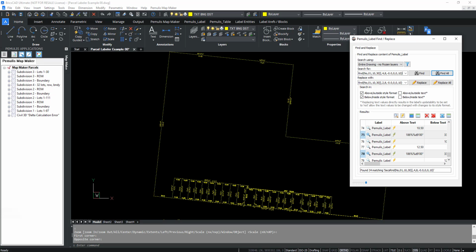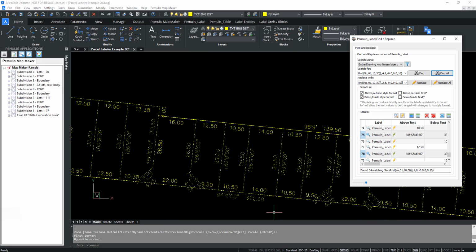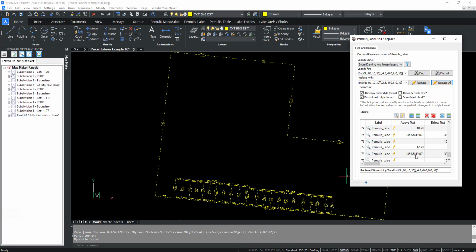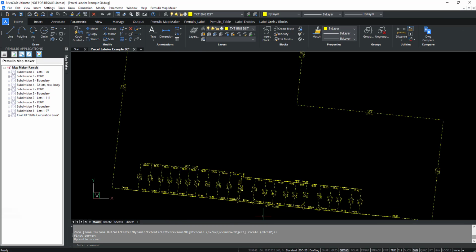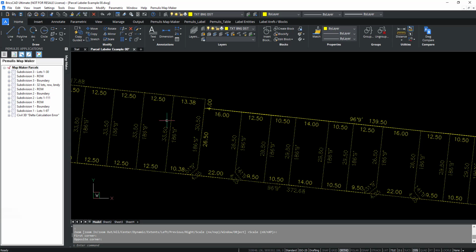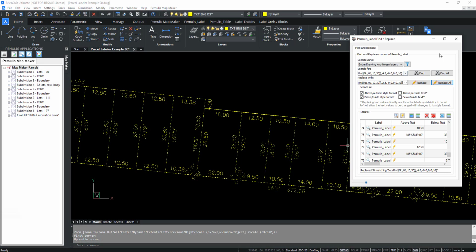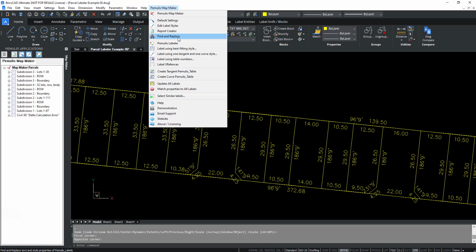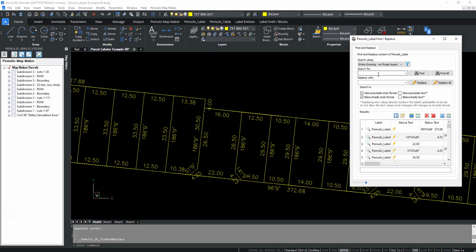So these are all the labels that it found, and I can just do a replace all. Let me zoom in here so you can see it. Minimize. So here we go. They changed it all, and just going to close this out so you can see all the angles are now to even minutes. And if I wanted to set that back, I could, since I think it's still in the clipboard, do the find replace again, paste,